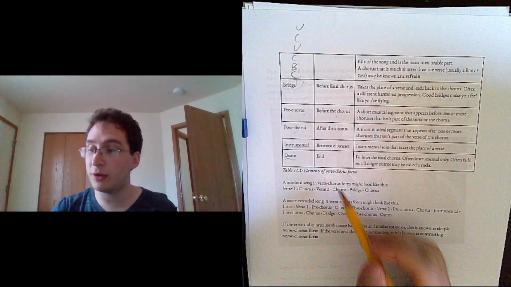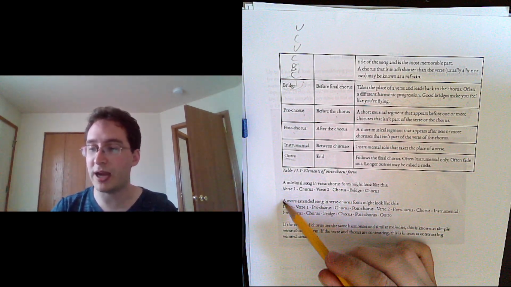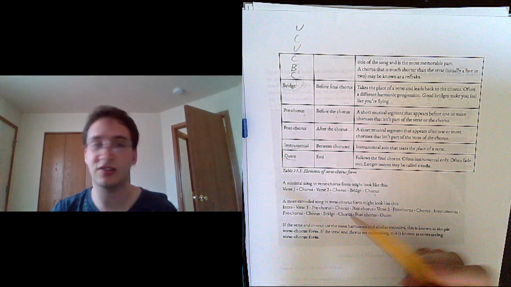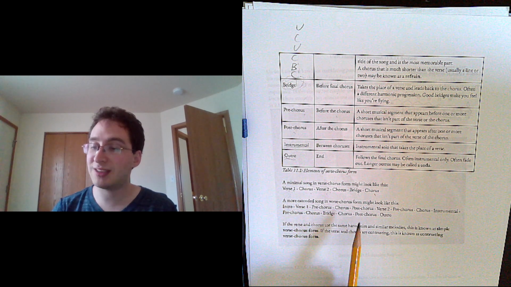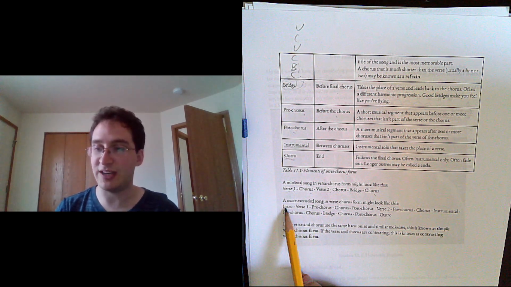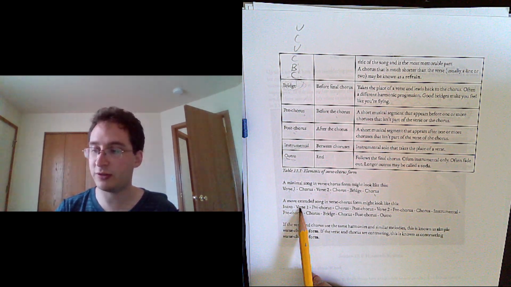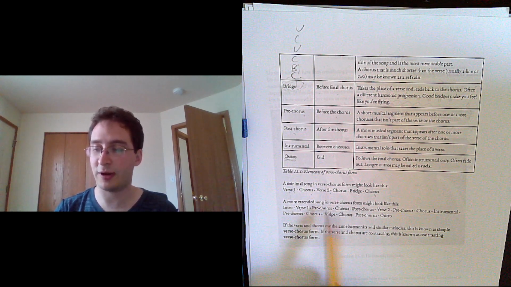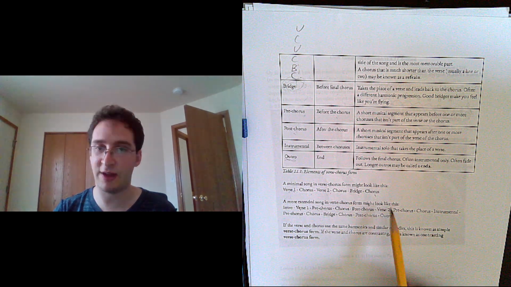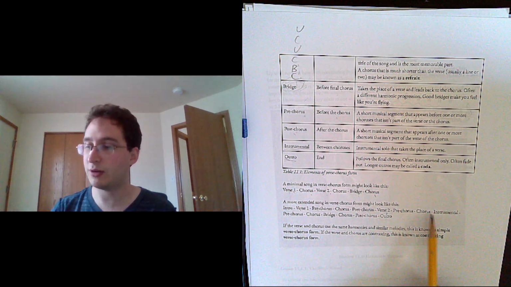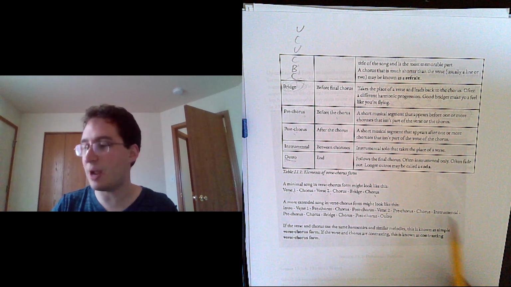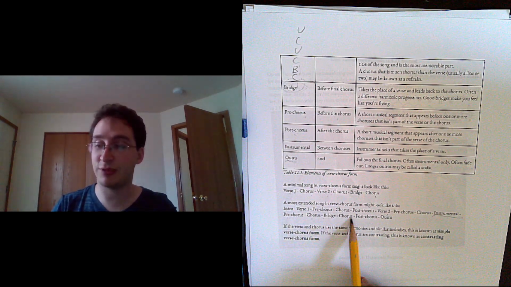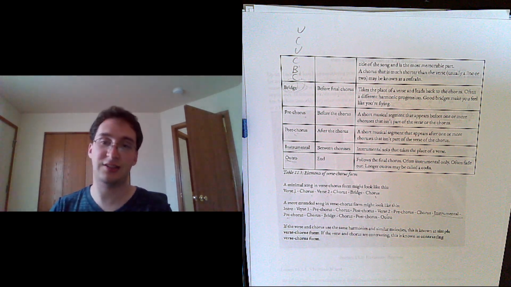A minimal song in verse-chorus form might look like this: a verse, chorus, second verse, chorus, bridge, chorus. Fairly standard. A more extended song might have an intro, your first verse, pre-chorus, chorus, post-chorus. So a couple bars leading up to the chorus, a couple bars leading away from the chorus. Second verse, pre-chorus, chorus. Skip the post-chorus this time, why not? Go to an instrumental solo. Now we have pre-chorus again, chorus, and then bridge, chorus, post-chorus, outro.